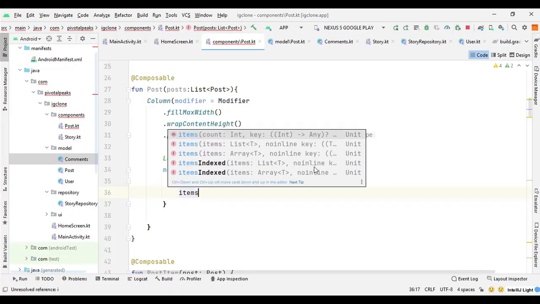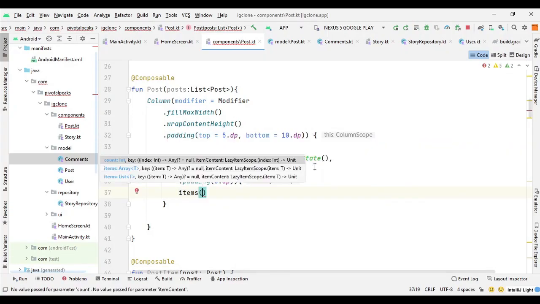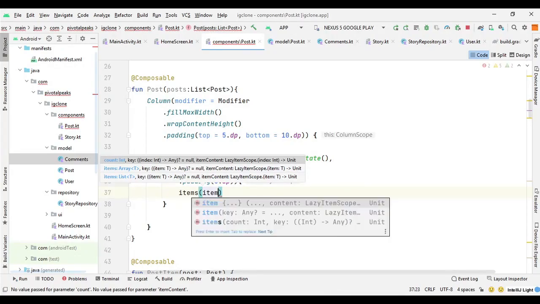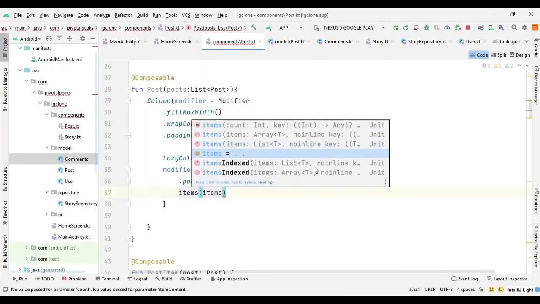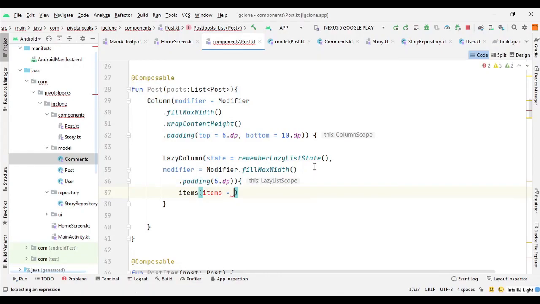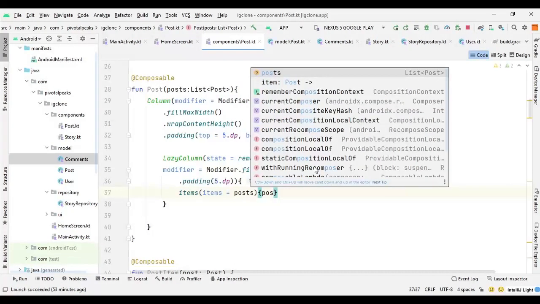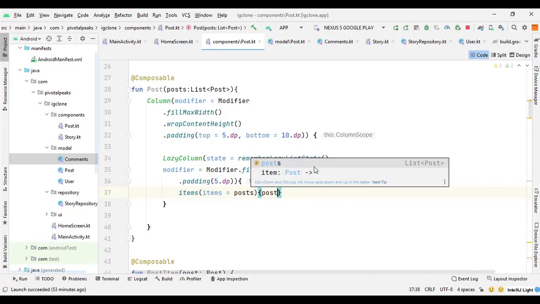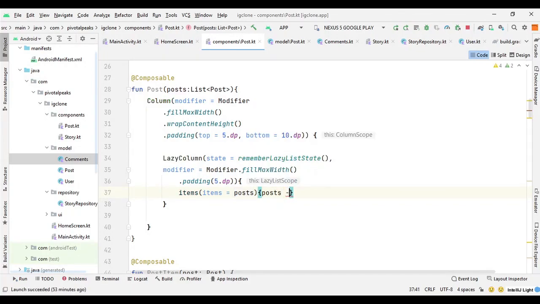So items, and we are passing a list here, so we can select the second one, and we can select this variable, and for this we can pass the post. So post, and then we can open the curly braces, and we can call an arrow function for single post.